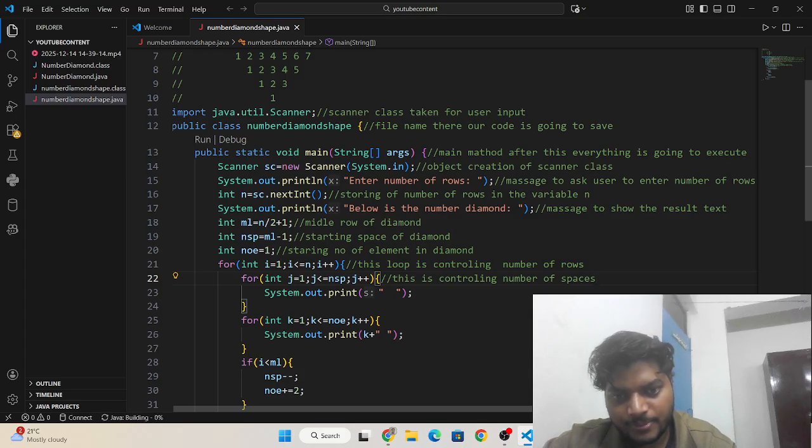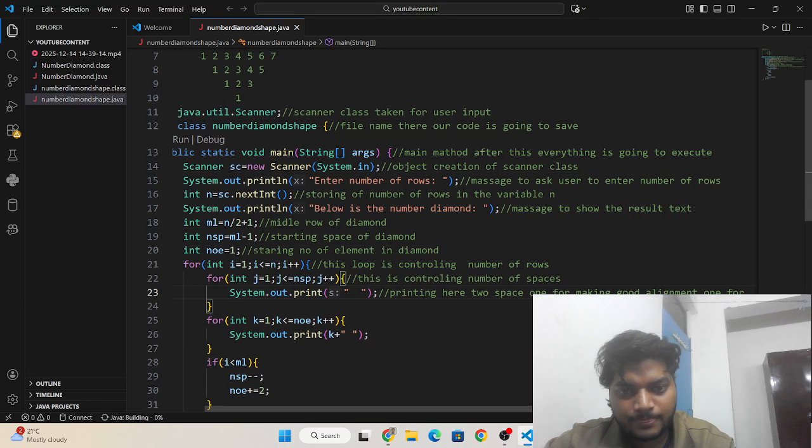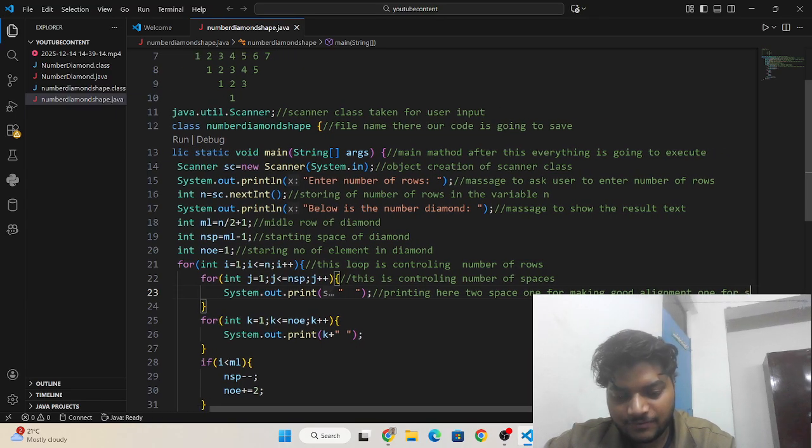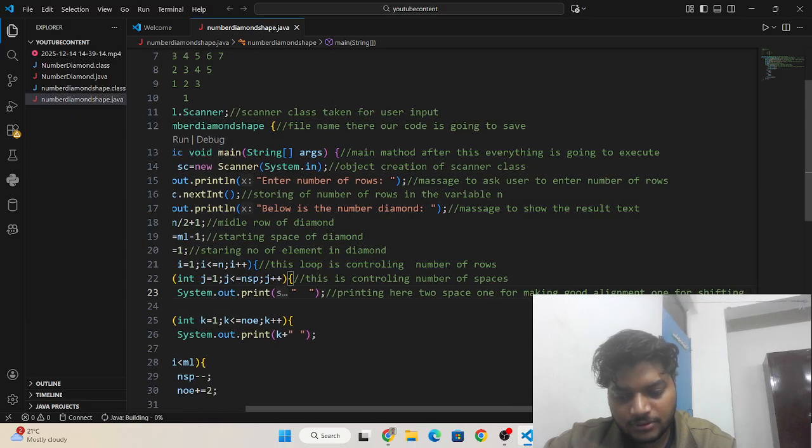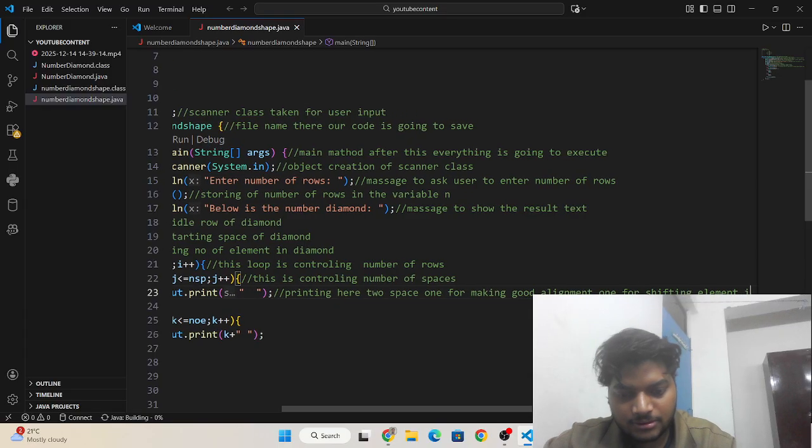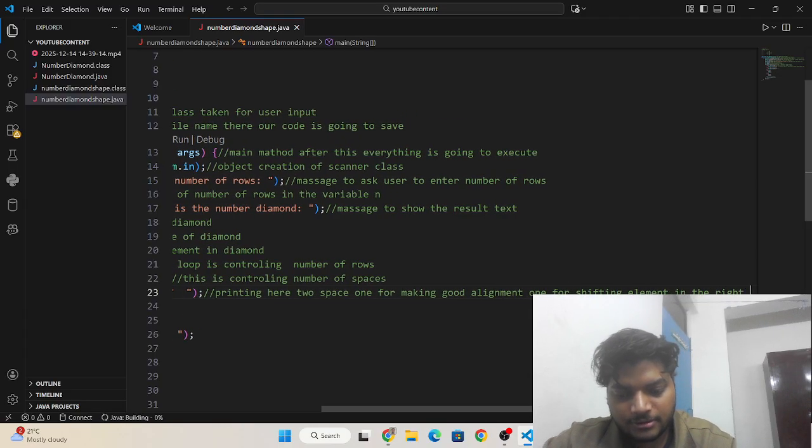Okay, and printing here two spaces, one for making the alignment, for shifting the element to the right.